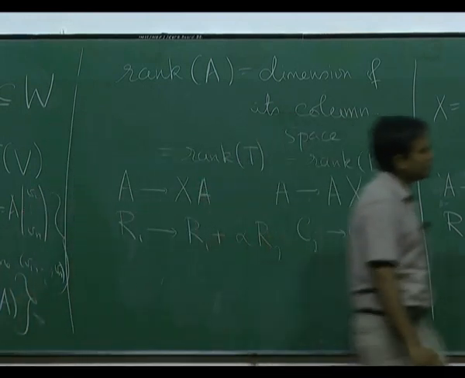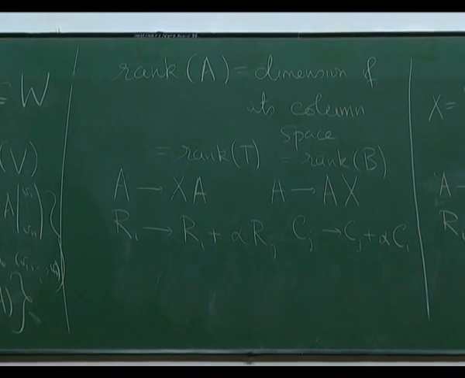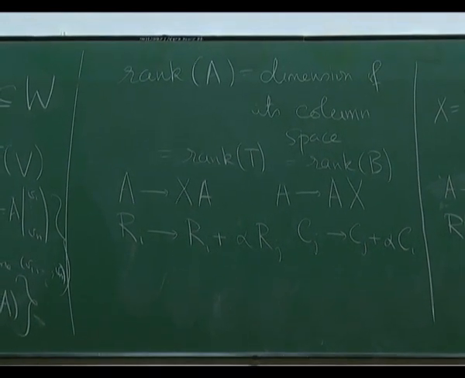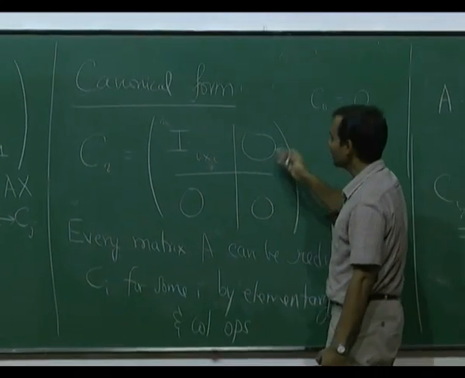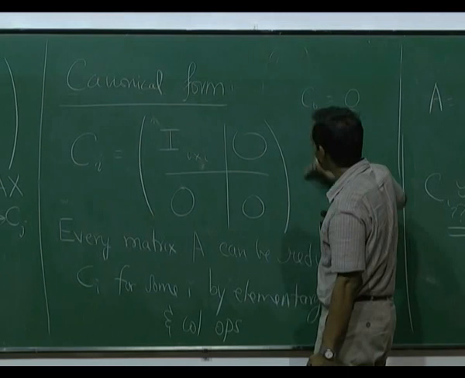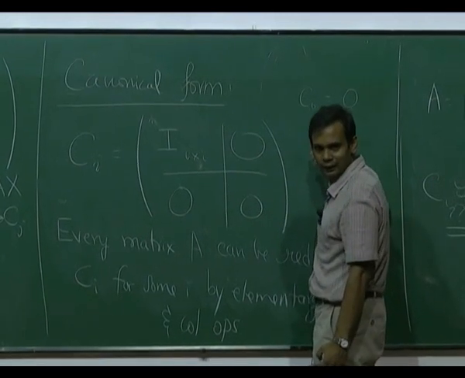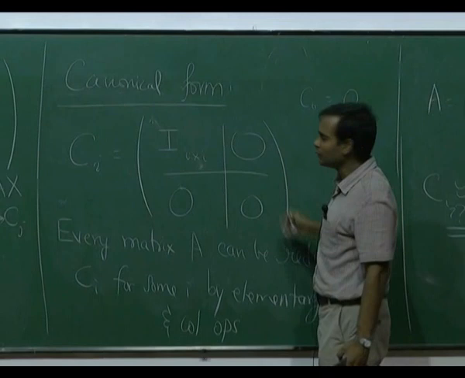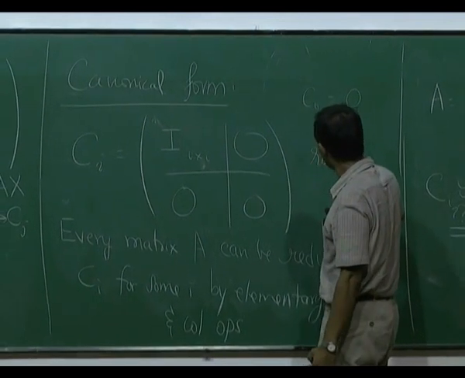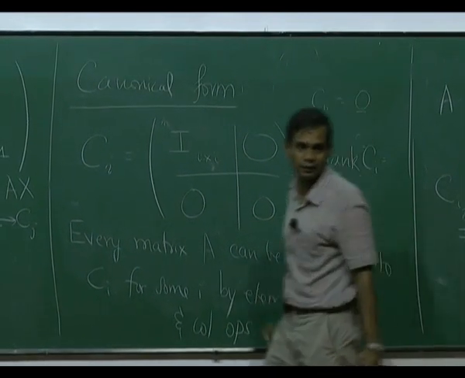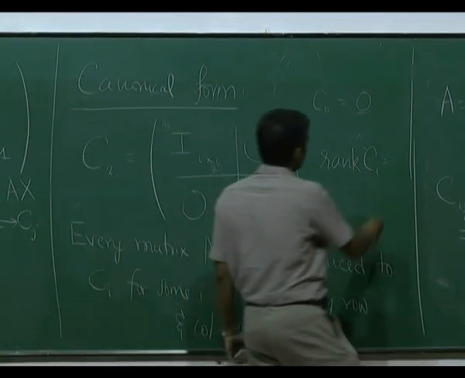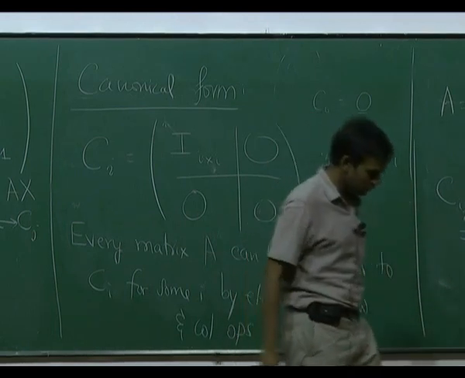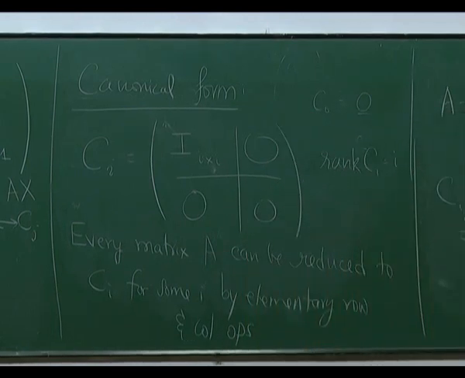Okay, and this is why C3 cannot be equivalent to C5, because if you look at this matrix, what is its column space? You just look at all linear combinations. They are vectors whose first i coordinates can be whatever you like, and the remaining coordinates have to be 0. So the rank of Ci is just i. So Ci cannot be equivalent to Cj unless i is equal to j, because otherwise the ranks would be different.